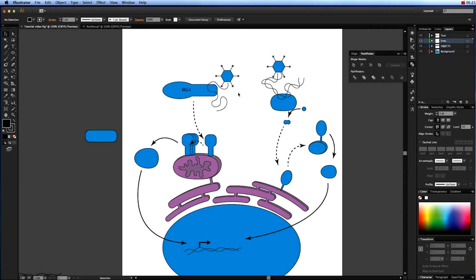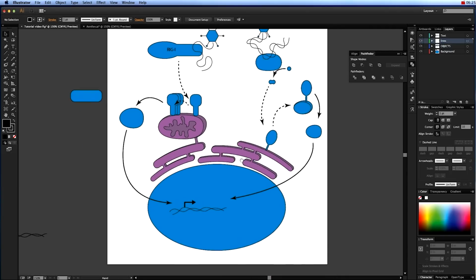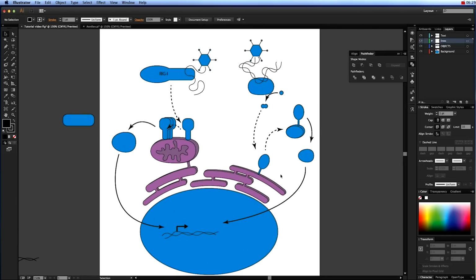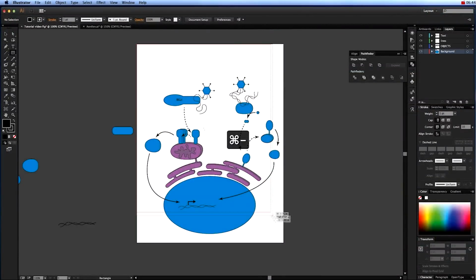So using layers can be really nice to organize stuff. Right now, this is starting to look pretty cool, but everything's blue. So let's try to make this look a little bit nicer. The first thing, I'm going to go to my background, and I'm going to actually make a real background. So take my rectangle tool, and I'm just going to draw a box